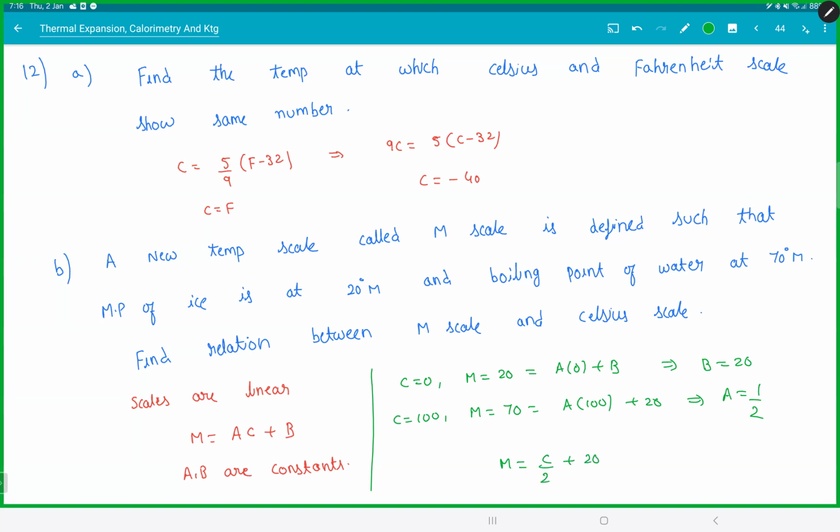Easy. Or you can find the other way around. C is equal to 2M minus 40. In the exam, they'll give you something like that: if the Celsius scale is showing 55 degrees, then what will M scale show? You can substitute there and figure out the temperatures. Clear with this? So that is a little about heat and temperature scales and thermometers and stuff. Little bit theoretical, but next thing,